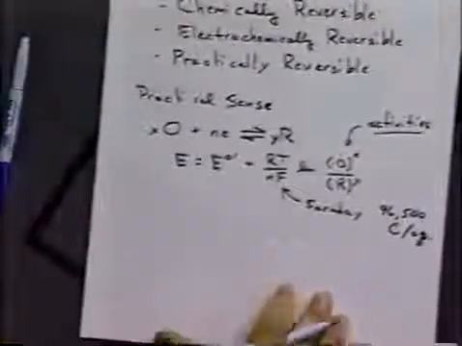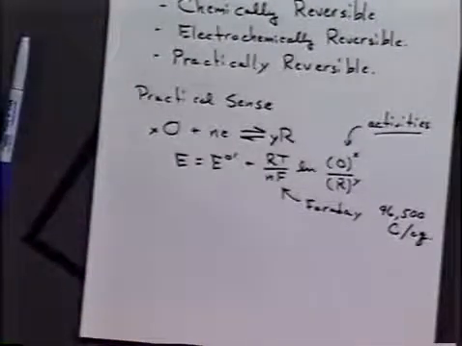So in a practical sense, if we have a system that gives us a cell potential that follows the Nernst equation, that gives us the proper potential according to the Nernst equation, we'll call that a practically reversible system. Now, we can see quickly that if we have a system such as this,